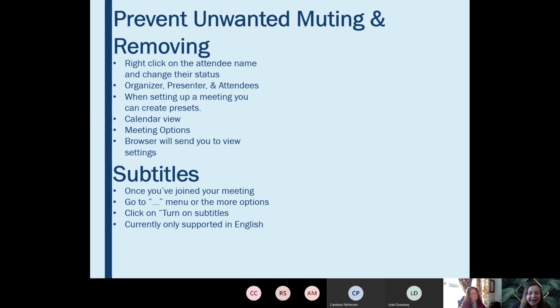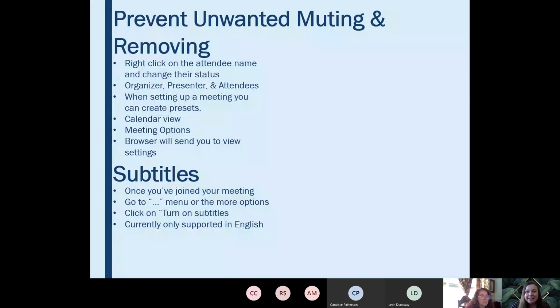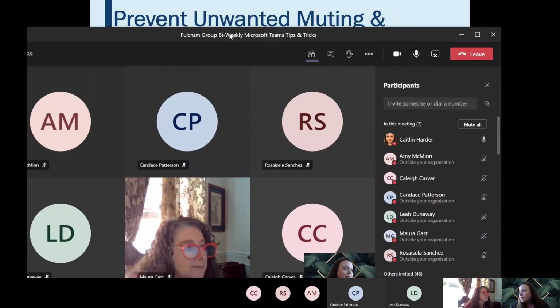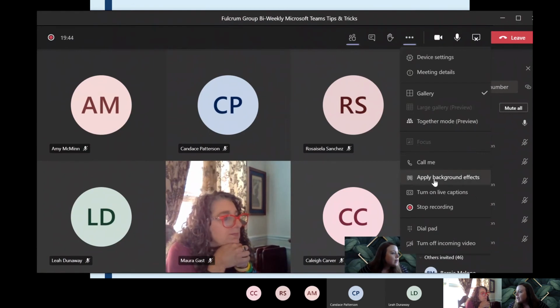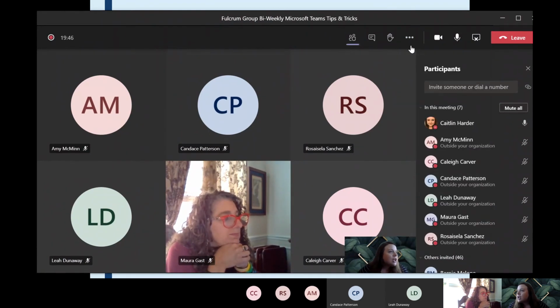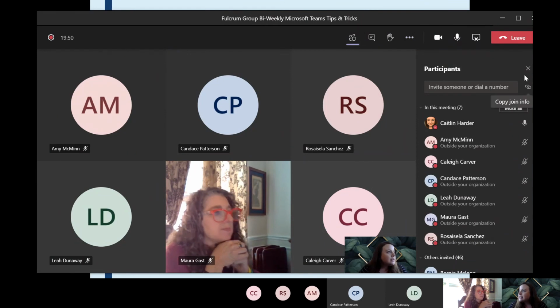So I'll go ahead and bring up my Teams. I'm going to move this over, and you can see in my Teams, you can do more actions and turn on live captions. And then you can also turn it off. So for live captions, you can see that